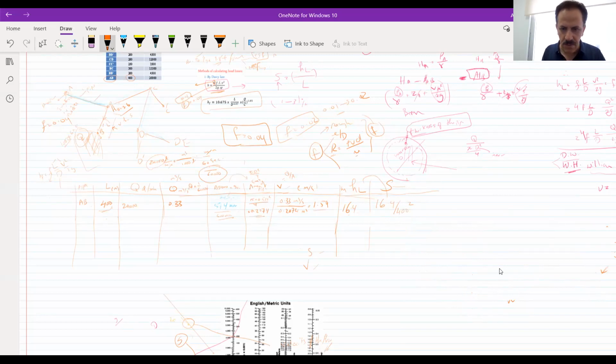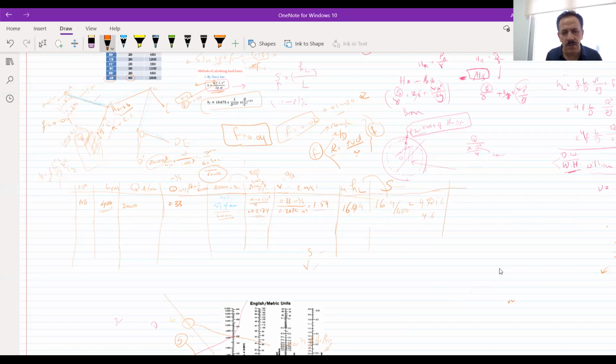4.1, was it? I believe 4.1%. 4.4%, right? Doctor, yes, the head loss was 16.04, not 16.4. Yeah. So 16.04 divided by 400 will give you about 4.01%, means 4%, which is okay.